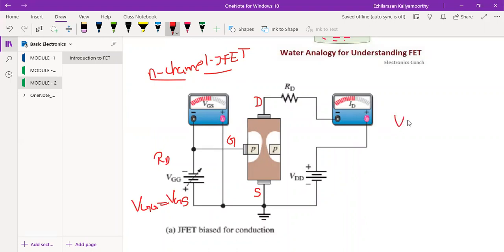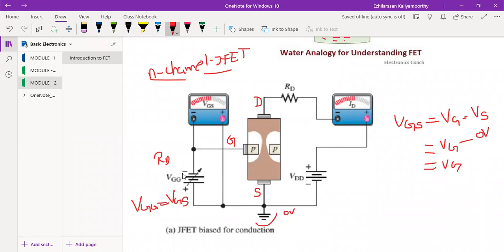Now here, one more thing. VGS, I said, right? That is nothing but the voltage across the gate and the source. VGS is nothing but the potential VG minus VS. Now VG is the applied voltage. What about VS? The source terminal is connected to ground, so it is 0 volt. So VGS is nothing but VG. So throughout this chapter, we may use VGG or VGS or VG.